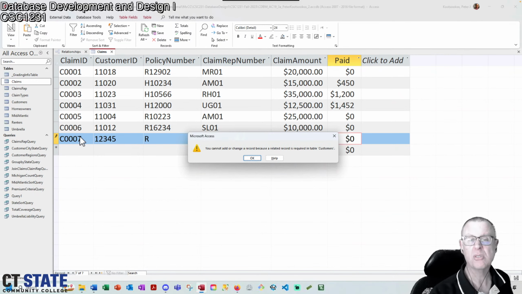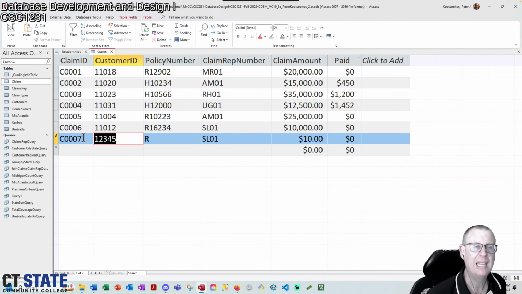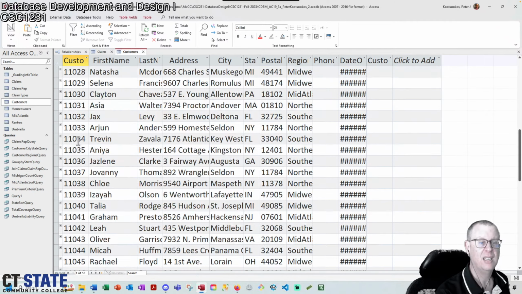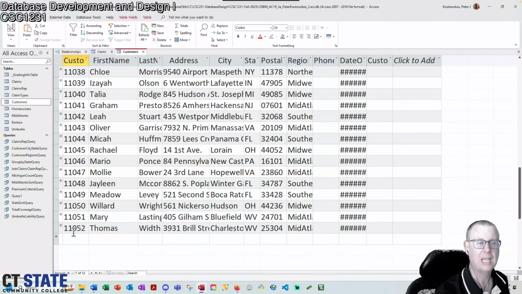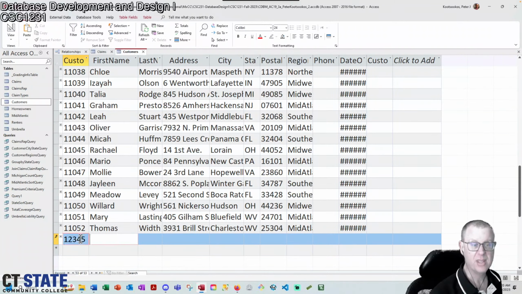You cannot add or change a record because a related record is required in the table customers. That's saying that the 12345 customer ID doesn't yet exist in the table customers, and you see the maximum is 11052 in the customers table. If I did put a 12345 there,